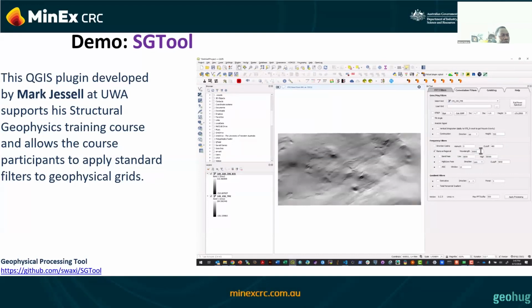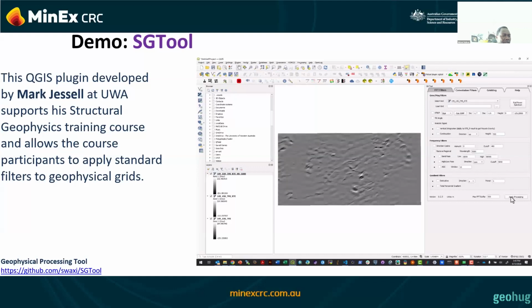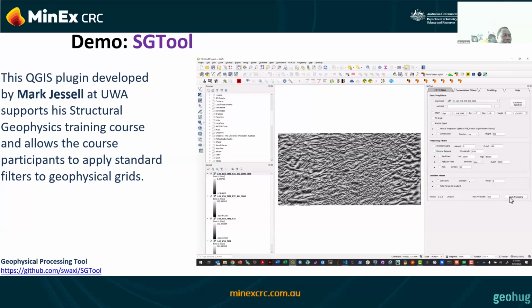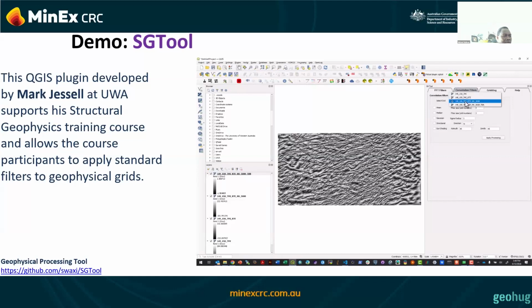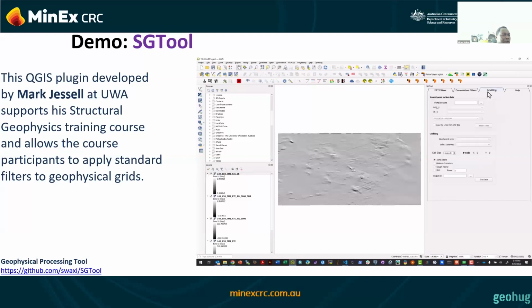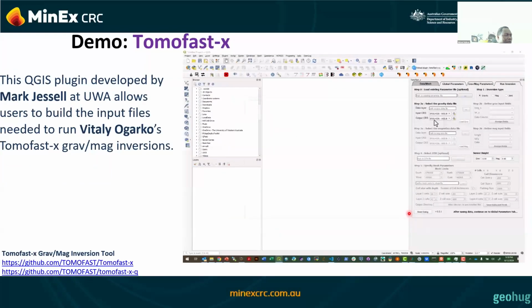You do the reduction to the pole, regional removal, the tilt angle, and a beta version of several filtering and gradient algorithms is provided. In this stage, we provide field geologists with enough knowledge and tools for basic geophysical processing using the principal filtering methods. So it's all there. You need to do it, and then you can see. When you do this, you can go back to your 3D modeling to see where things match as well. And the final one is TomoFast.